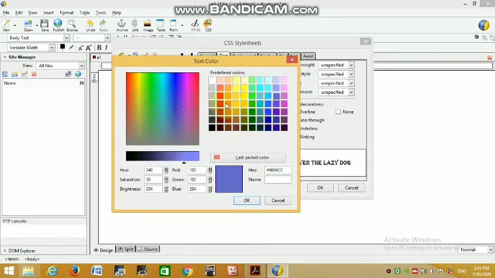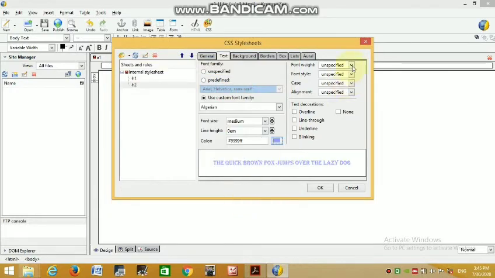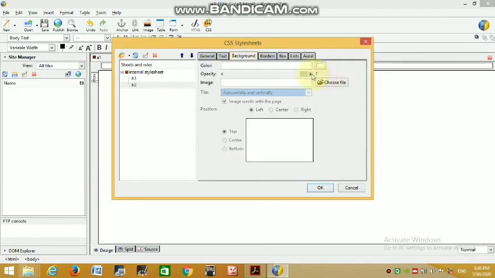Okay, now font weight normal, font style italic, case capitalize or take lowercase. Now overline, no overline, no underline, blinking. Background color, you can take a picture as a background.